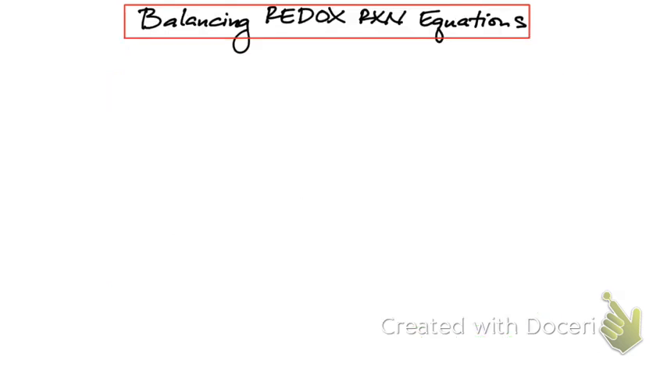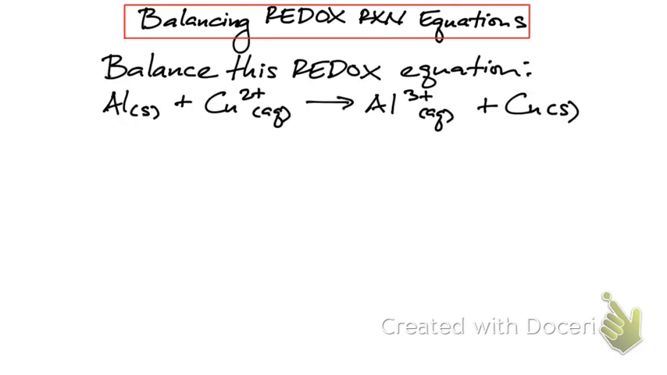All right, so we're going to switch gears here and talk about how to balance redox reaction equations. So let's say we have this redox reaction equation here, right? We have solid aluminum reacting with copper ion, and this results in the oxidation of the aluminum and the reduction of the copper ion. So whenever we're balancing a redox reaction equation, we must first assign oxidation states so that we can determine which one is oxidation and which one is reduction. And so